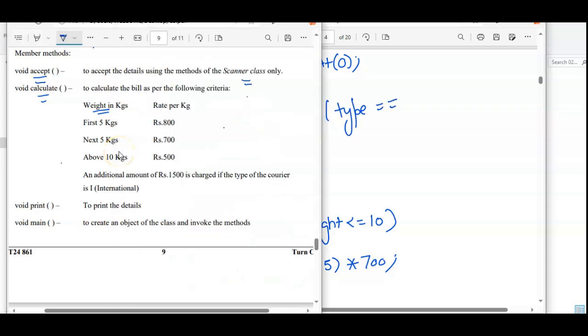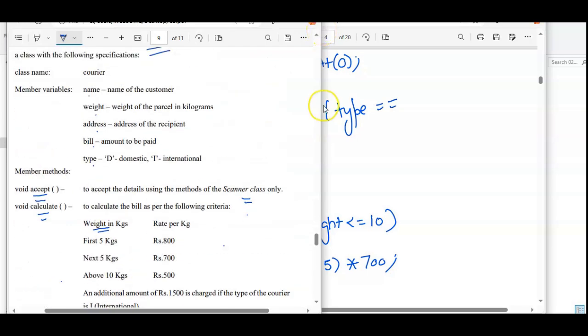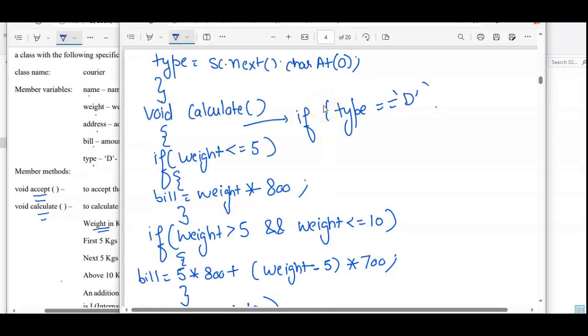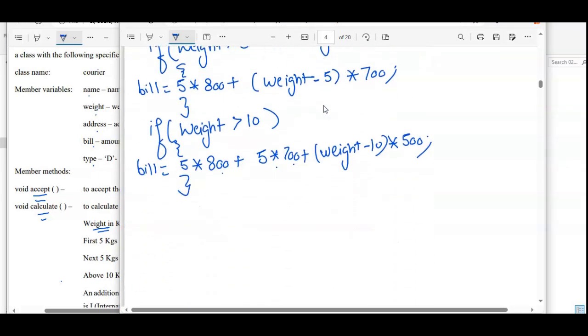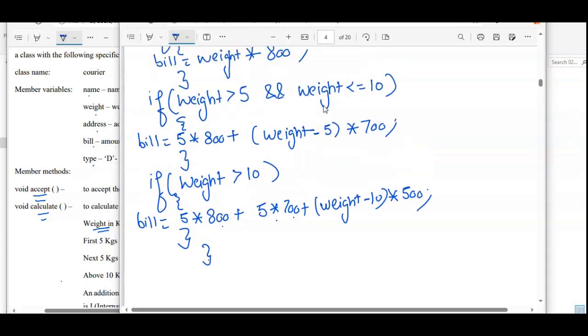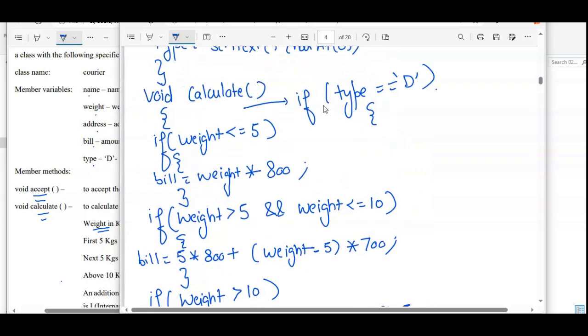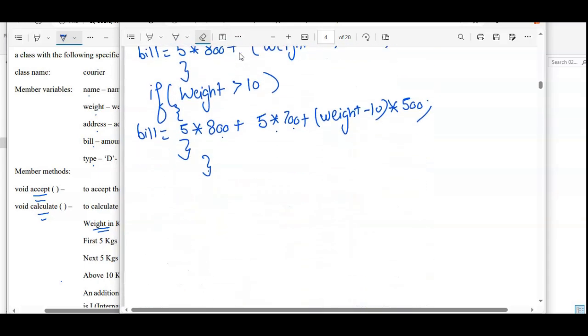The international is I and for domestic it is D. So if type is equal to D, then all these calculations are working. Or you can do one thing, you don't need to write type here. This one is not required. I'll give you the easier way.